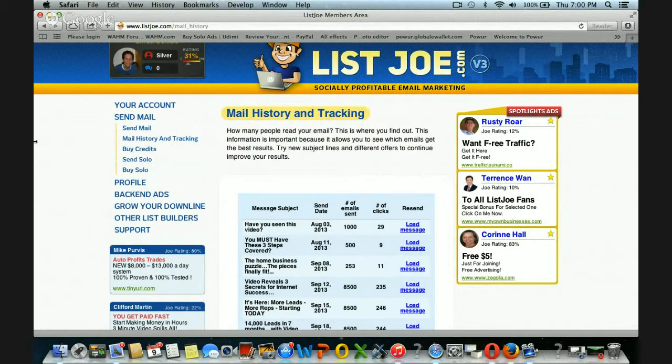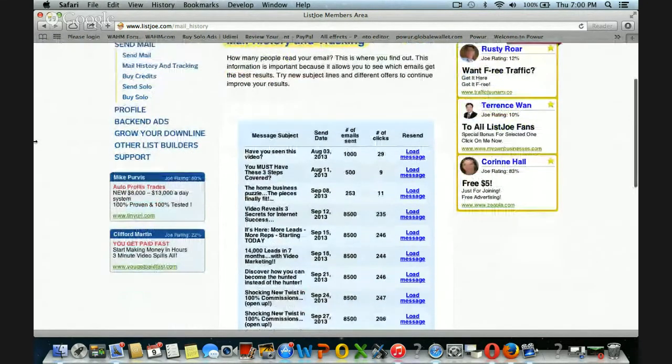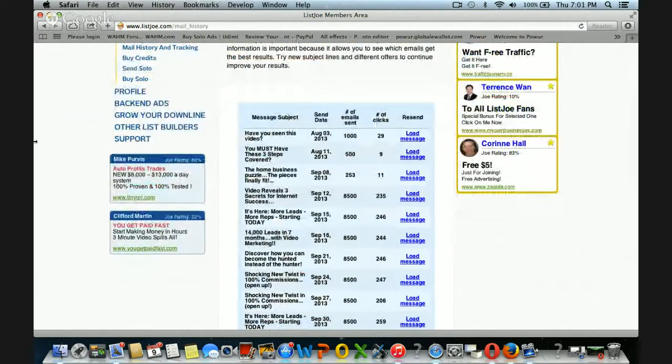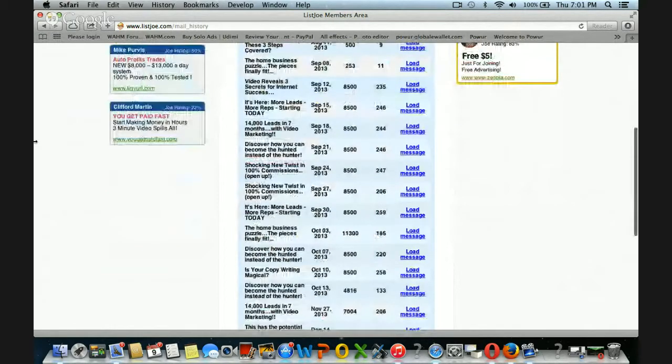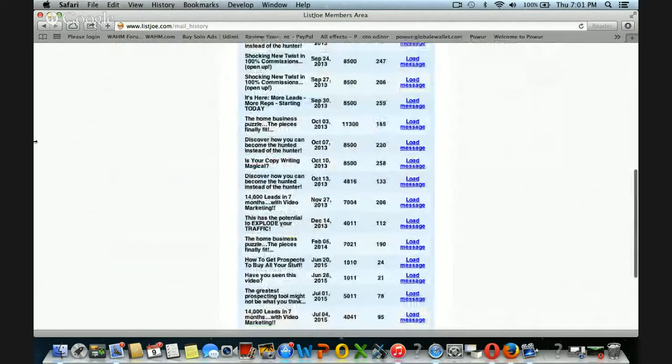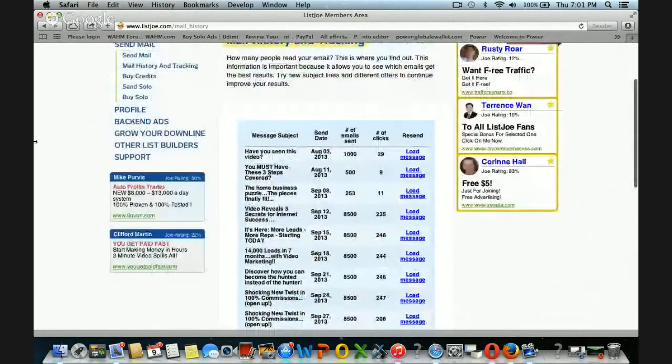It's a credit-based emailing program, and I've played around with this over time. I started out using swipe copy. The better your copywriting is, and I'd say start with your titles, the more clicks you're going to get, and the more leads and conversions you're going to get out of it.